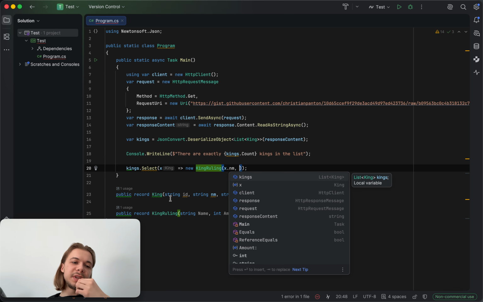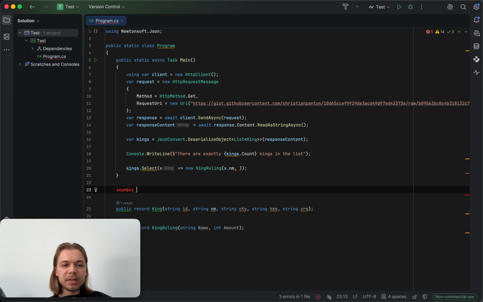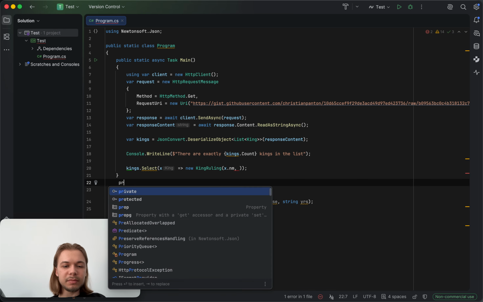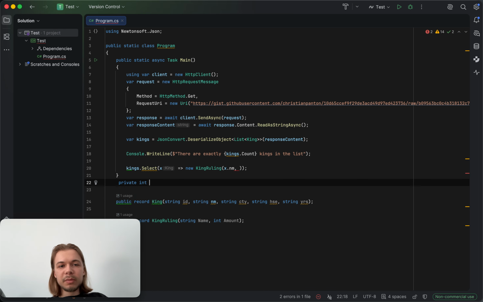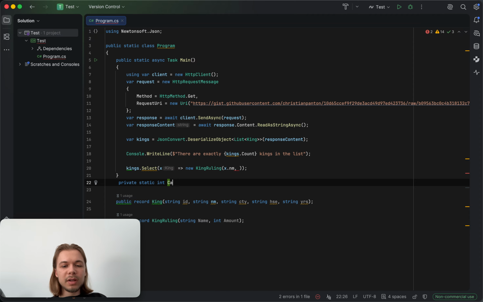So we need to do the subtraction. I think I will define a separate method for this. It will be returning an integer. It will be a static one. Calculate the ruling years, and here there will be the string year, actually maybe just the period. Okay,